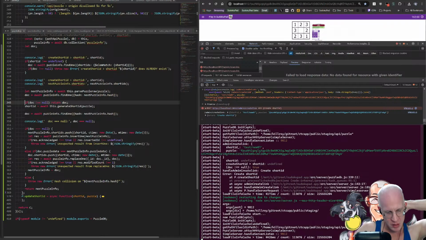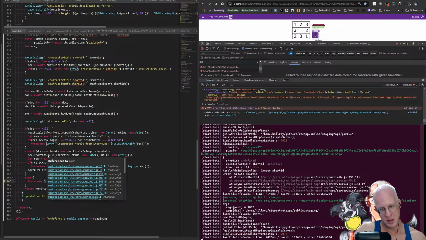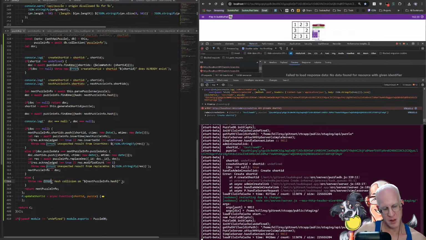If doc is unequal to null, we basically have a hash collision. If doc is unequal to null, if short ID equals undefined,